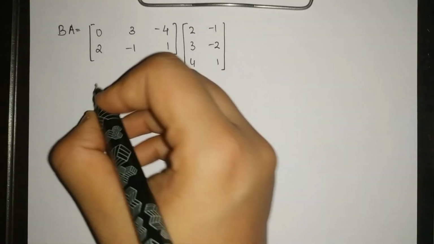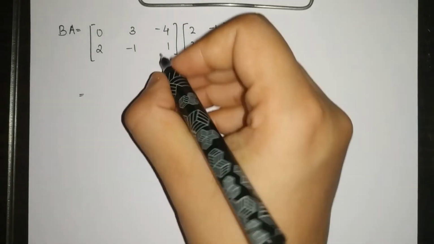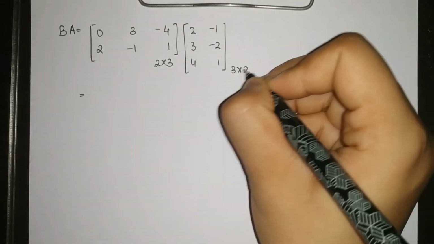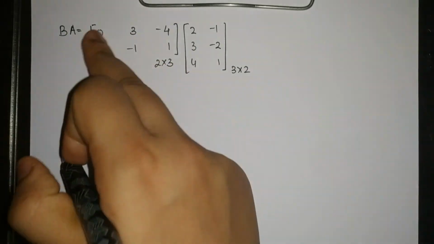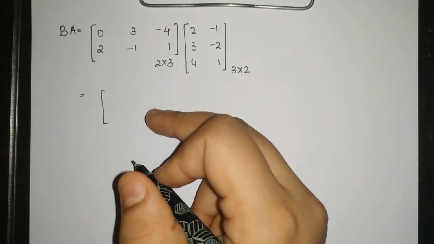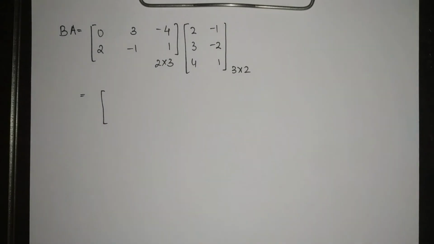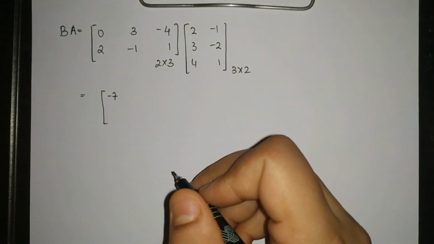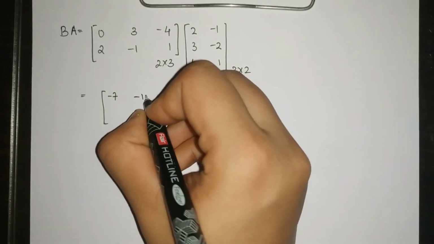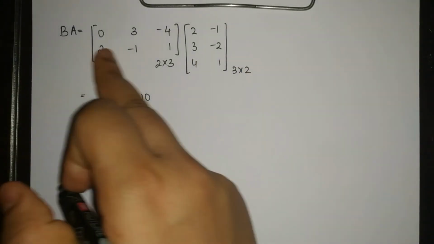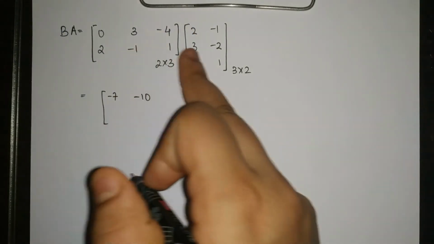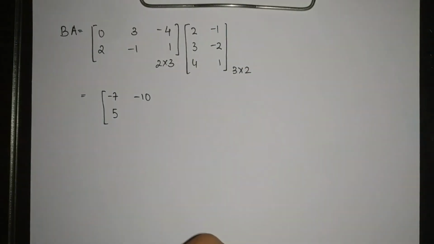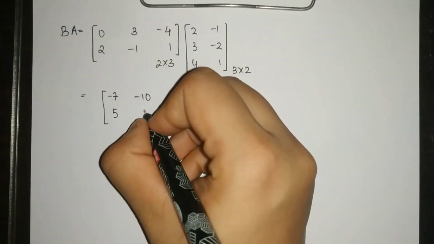नाउ B into A इज इक्वल टू, इसको मल्टीप्लाई करेंगे. सो दिस इज अगेन अ 2 cross 3 मैट्रिक्स और ये एक 3 cross 2 मैट्रिक्स है, तो हमें 2 cross 2 ही मिलने वाला है एज द आंसर. यहाँ पे मल्टीप्लाई करते तो वी गेट 9 minus 16 which is -7. Next here we get -6 minus 4 which is -10. Then we get 4 minus 3 which is 1 plus 4 which is 5, and lastly we have -2 plus 2 which is 0 plus 1.